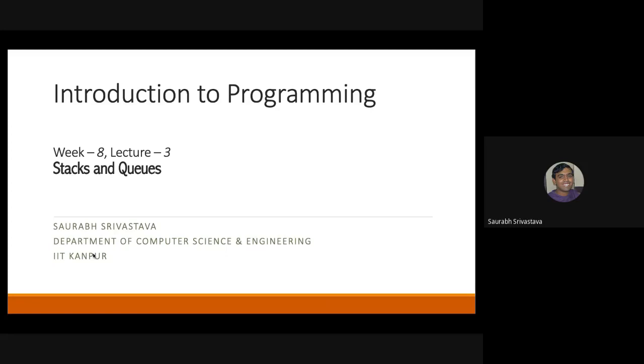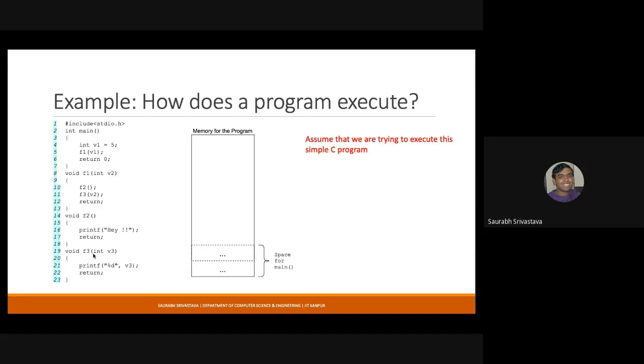So then we actually moved to data structures. There were 3 data structures that we discussed in total: stack, queue, and linked list. So stacks are very useful because this is how we actually implement function calls in most of the languages. This is a typical scenario of how function calls are implemented. I think we have gone through this, but I'll just go through it in brief.